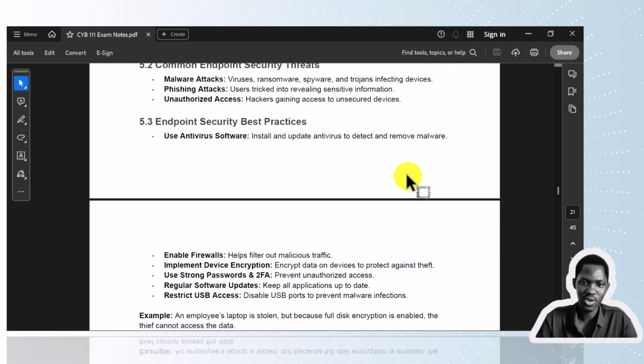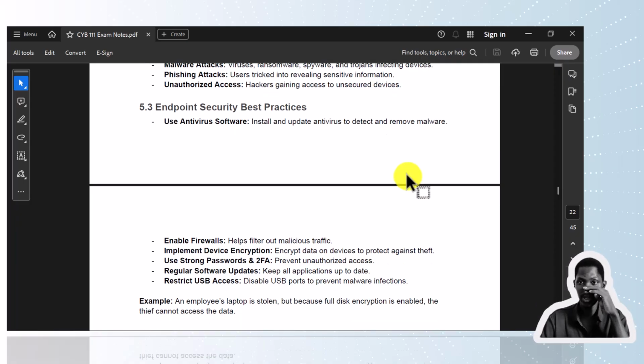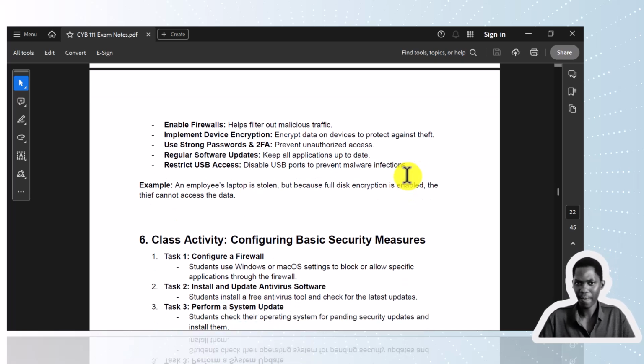Then regular software updates. As with everything, patch management, software updates. Keep all applications up to date. Then the last one, restrict USB access. You can disable USB ports to prevent malware infections. So there are ways to go about disabling USB ports, because you understand,